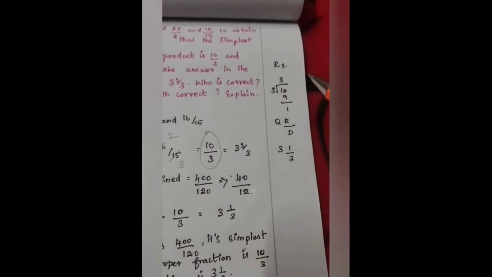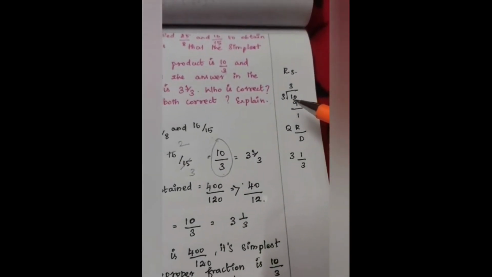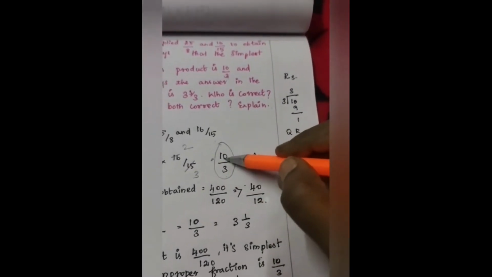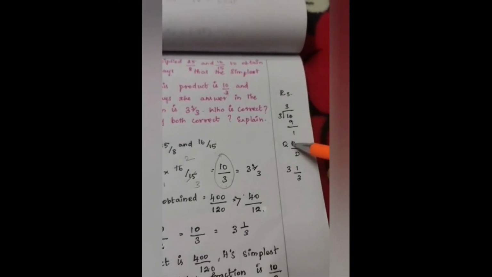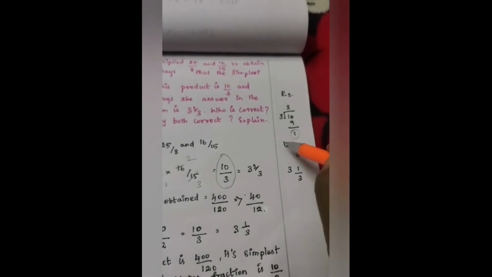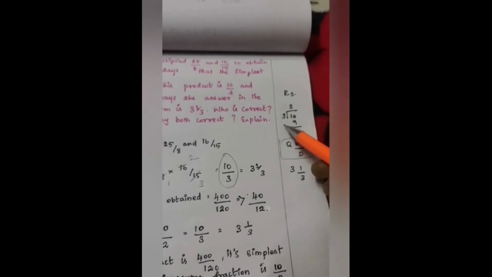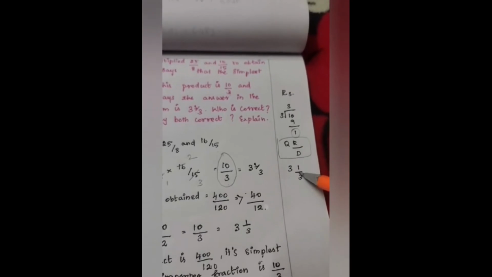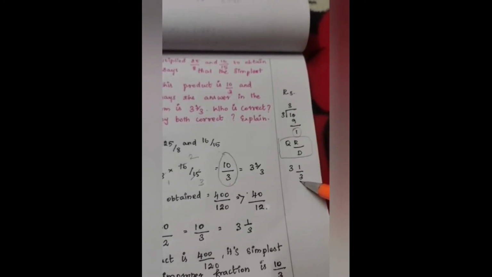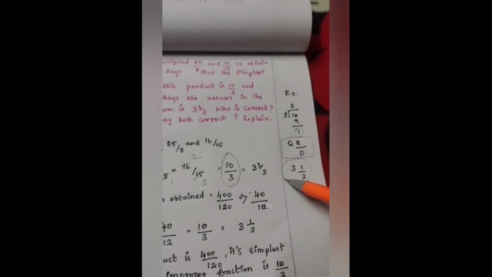Now I am going to convert this improper fraction into mixed fraction. You all know very well how to convert this. Yes, our fraction is 10 by 3. 10 divided by 3. After dividing, the remainder is 1. This is the form of writing a mixed fraction: quotient, remainder by divisor. Yes, our quotient is 3, remainder is 1 and the divisor is 3. After converting to mixed fraction, we got the answer 3 1 by 3.